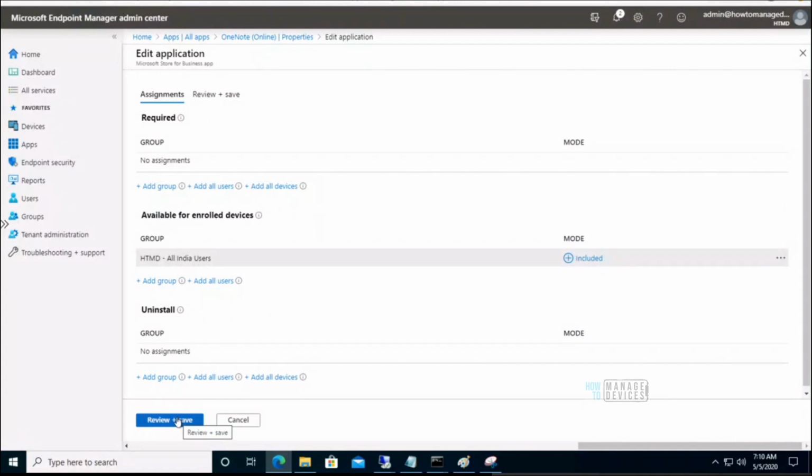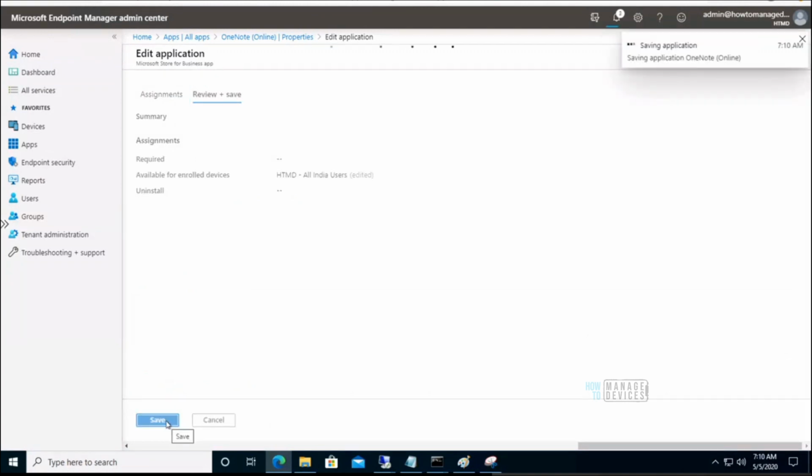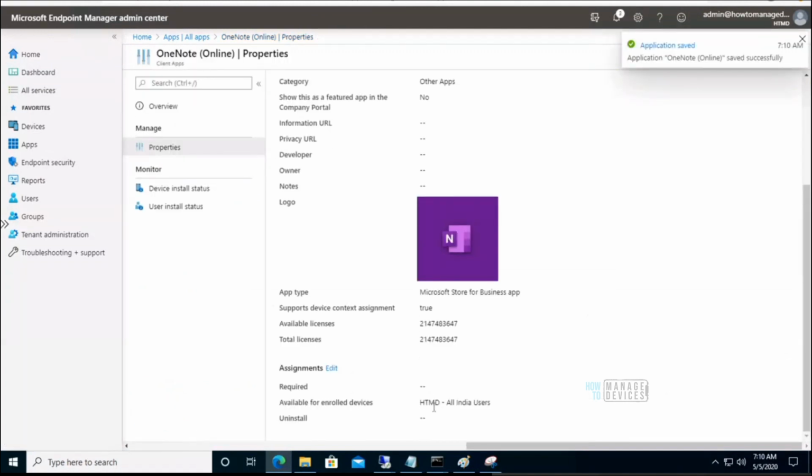Best practice is to remove it if possible. Review, save. The assignment is changed now.